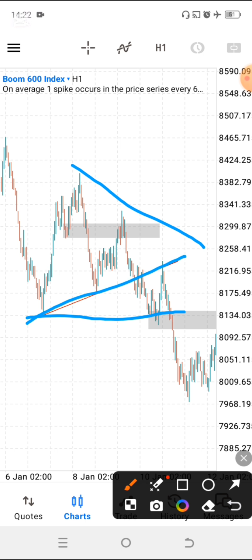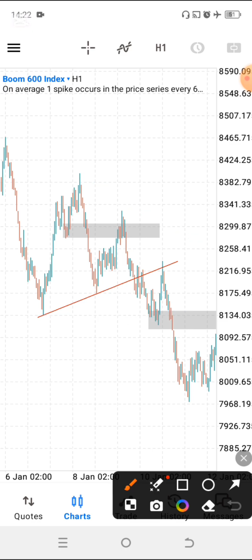And unlike support and resistance, over here we need a minimum of at least two points to connect in order to draw a trend line. You can't use one point like how we use support and resistance. So in this case, we could have marked this as a support area, but when you want to draw your trend lines, you can't draw a trend line using one leg only. Why?